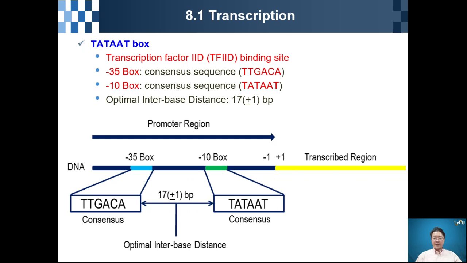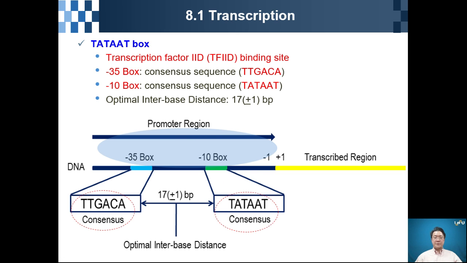So in this slide, I will explain the first subject, transcription. This is the DNA sequence. For example, this is a transcribed region, and this is the promoter region. For transcription initiation, we need the TATA box. Usually the transcription factor 2D, we call it TFIID. The TATA box is the TFIID binding site. So usually TFIID binds here, and the promoter is composed of the minus 35 box and also the